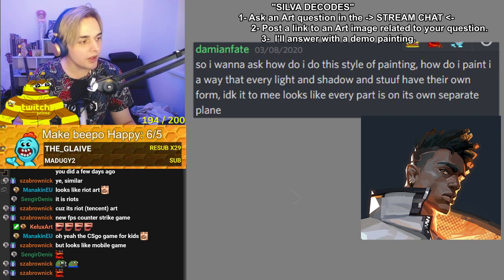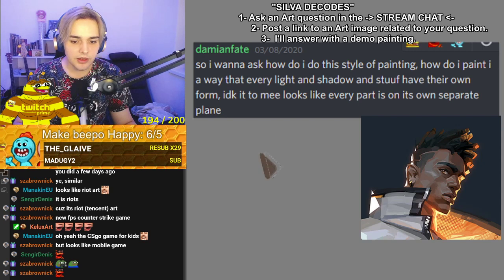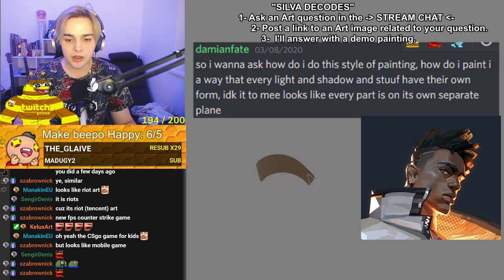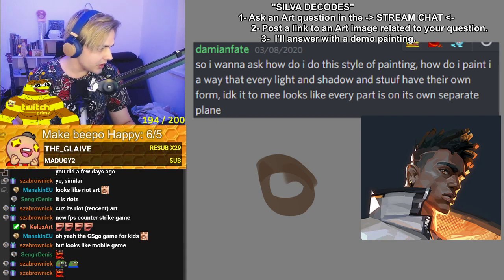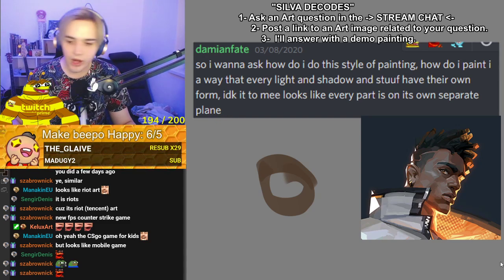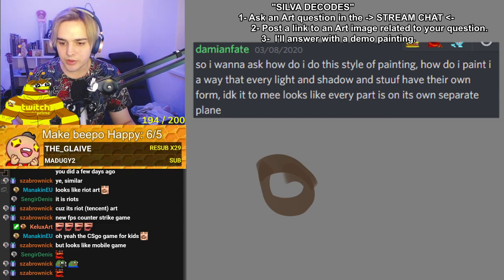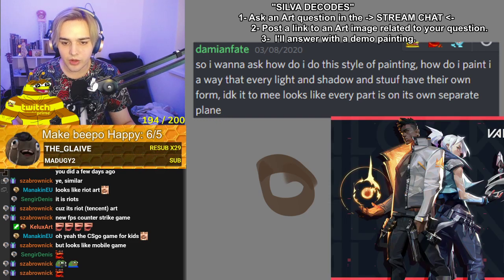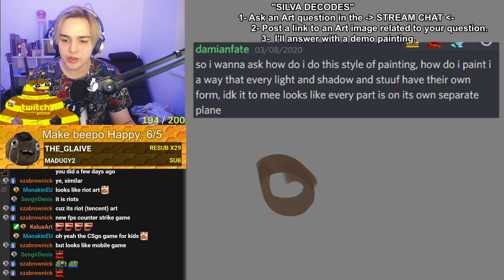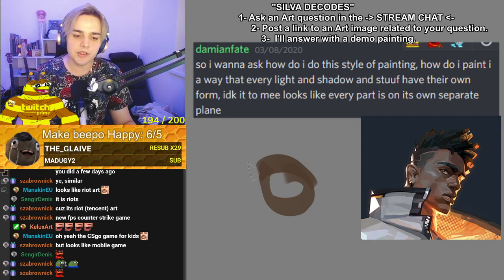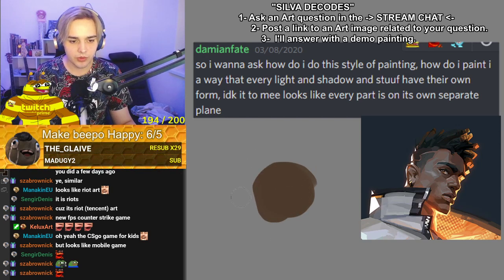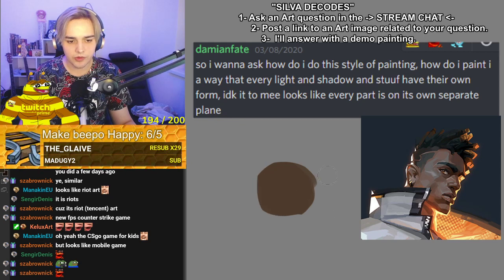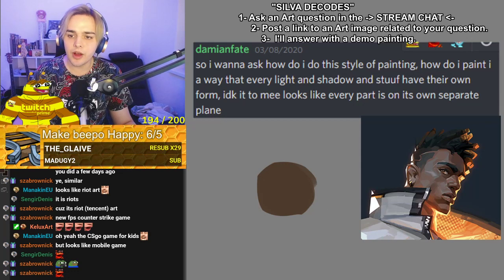So the style of painting that you're seeing here is not going to be soft and round. Even the female character has some rounder shapes, but everything has an edge to it. So what you want to think of is, instead of a circle, all right, so we got a circle here, sort of ovalish shape. You want to divide,